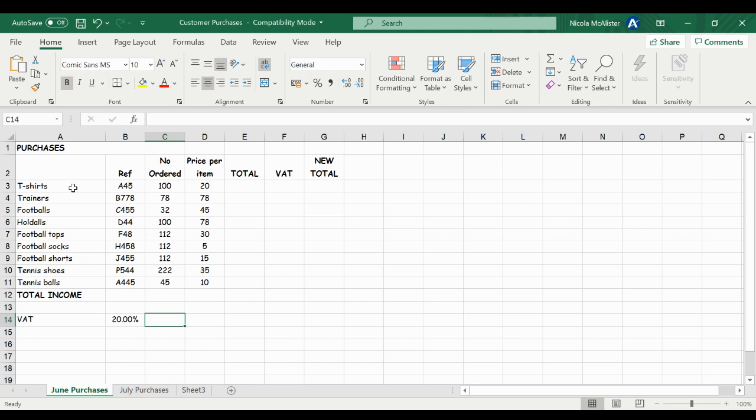Today we're doing a spreadsheet on purchases for the months of June and July, looking at sports equipment. So we've got some sports clothing, t-shirts, trainers, and then some sports equipment, footballs, football tops, tennis shoes, balls, etc. What we've got to work out for this one is the total, then what the VAT would be, and then what the new total is. So our total is going to be our number that were ordered multiplied by the price